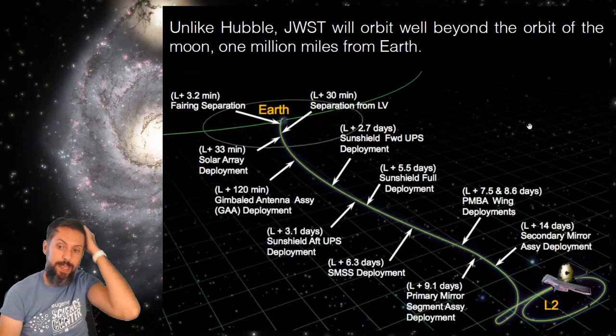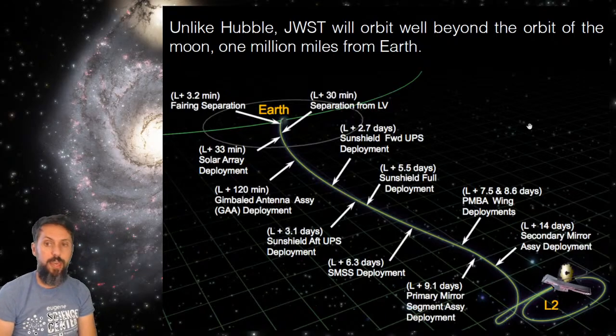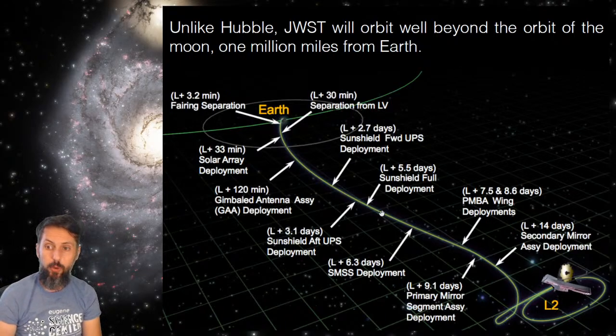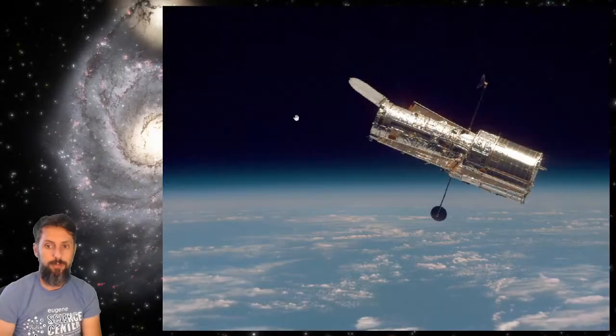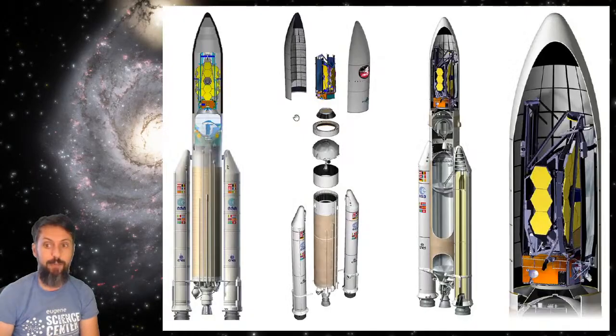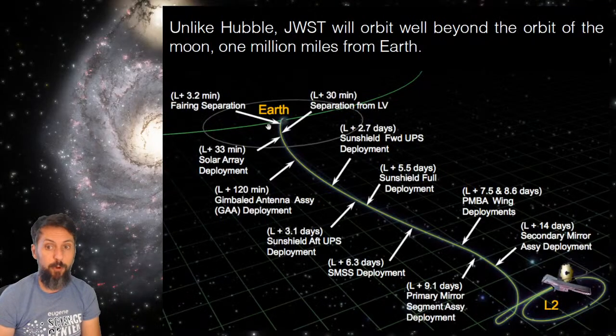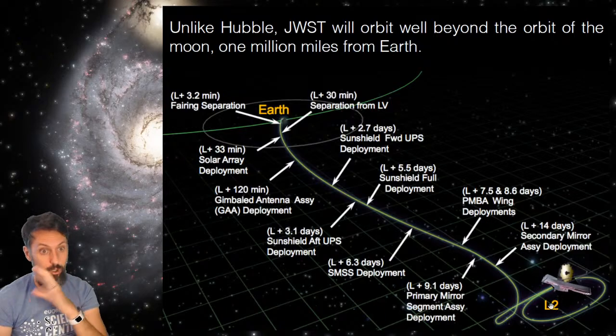When it goes out into space, it will take about a month to go all the way out. It's not orbiting the Earth like Hubble is. Hubble just orbits our planet, which is why you get those beautiful shots of Hubble orbiting the planet. If I go all the way back to the start here, you get an image like this because Hubble's orbiting the planet. You can actually go out and fix it, like in the film Gravity. James Webb goes 1 million miles away,